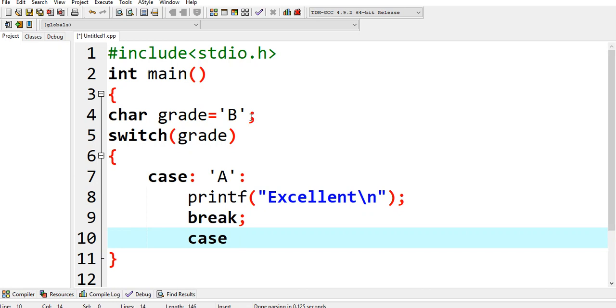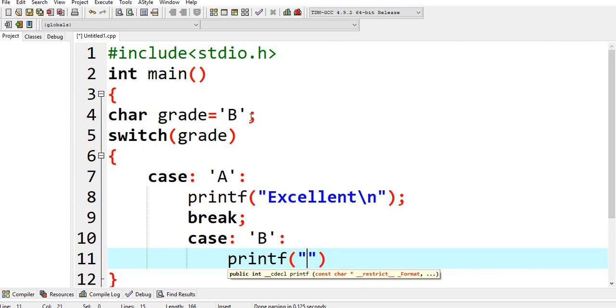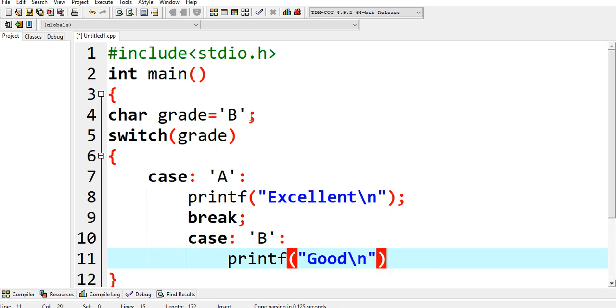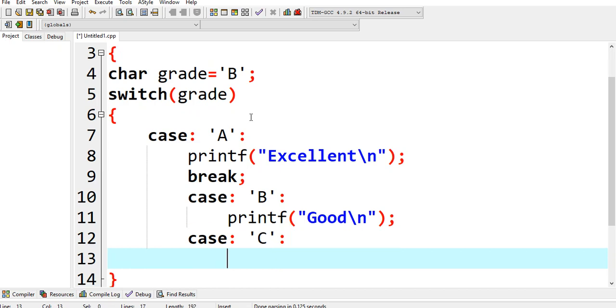Terminator. Second case, 'B': these are the cases in the switch statement. If this case is not true, then it goes to the other case and so on. That is, for B grade I'm printing good. The other case is C. If grade is C,